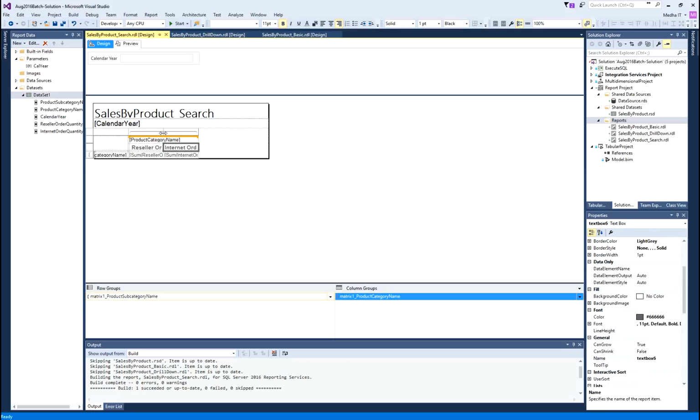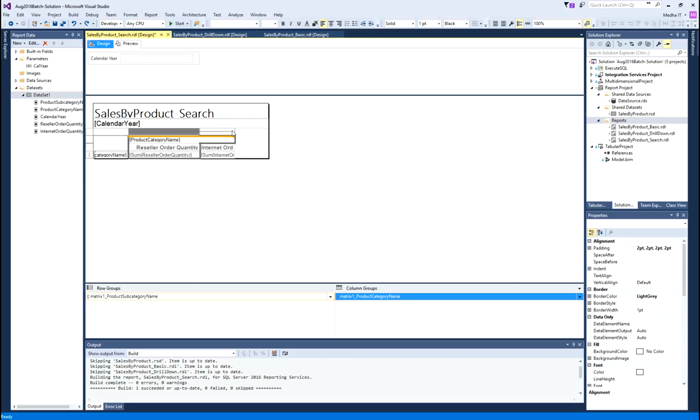Or I can even maybe give some space here. And the product I will make it as centered.